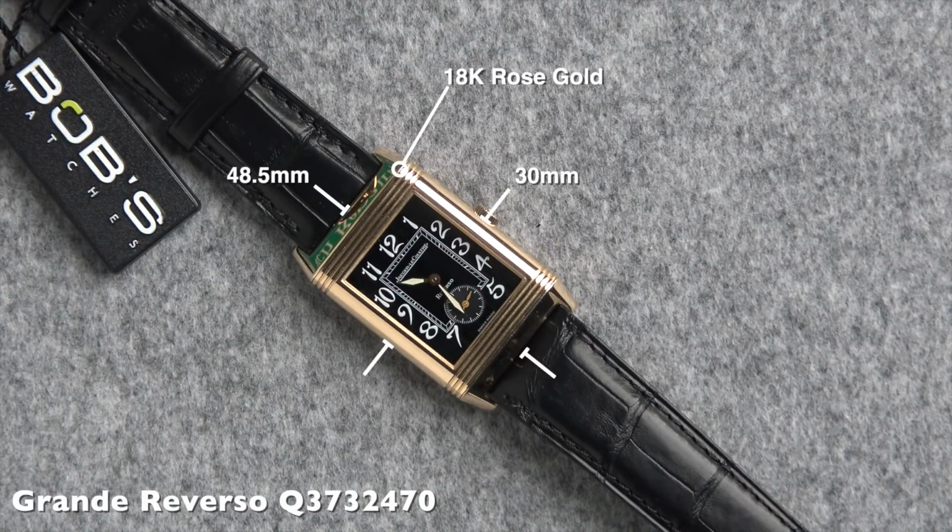48.5mm lug to lug, 20mm lug width, and a thickness of 10.3mm, which is pretty impressive if you think that this also takes into account the reverse action on the back of the case, which certainly takes up a few of those millimeters, and we'll be going into more detail on this reverse action as we go into the review